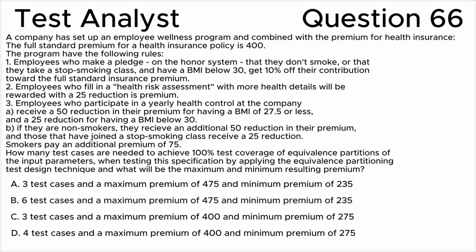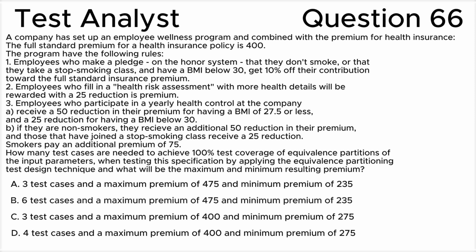Employees who fill out a health risk assessment with more health details will be rewarded with a 25 reduction in premium. 3. Employees who participate in an early health control at the company